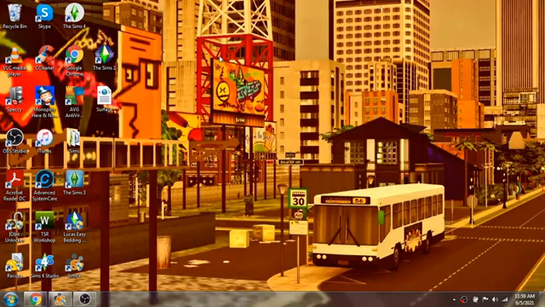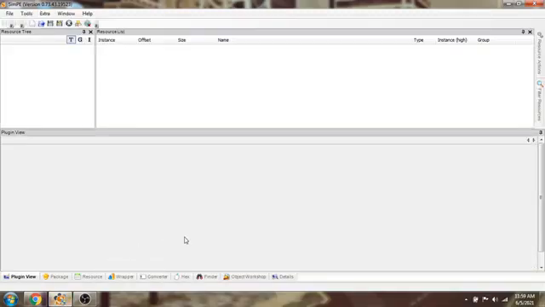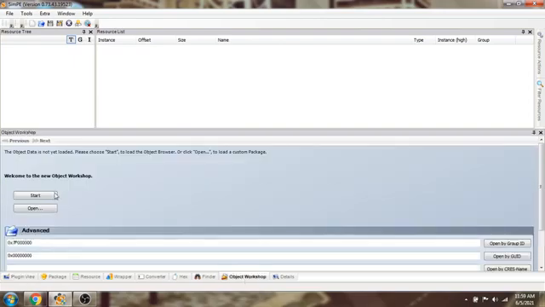Alright, so go ahead and open SimPE, and at the bottom go to Object Workshop, and then go to Open, not Start, because we're not cloning from Maxis, we're cloning from Custom, which would be one of my trees on my site. So press Open,